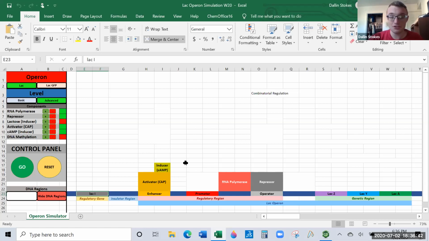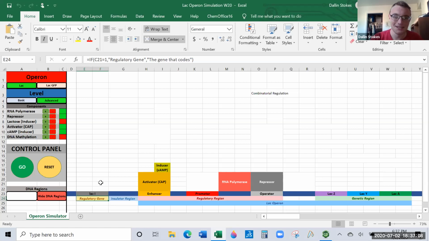So LacI has the instructions that when it's transcribed and translated, it makes this repressor protein over here. But a lot of people get confused and think that LacI is part of the regulatory region. It's not. It makes a regulatory protein, hence we call it a regulatory gene. LacI is a regulatory gene, but it is not part of the regulatory region.